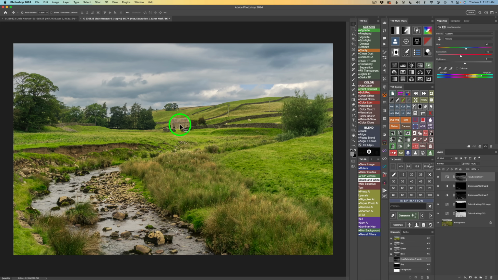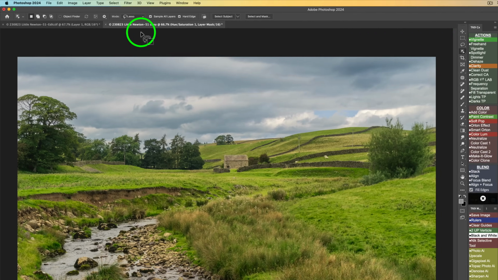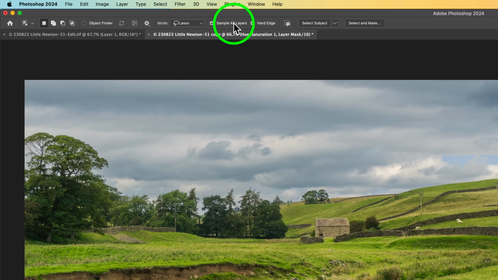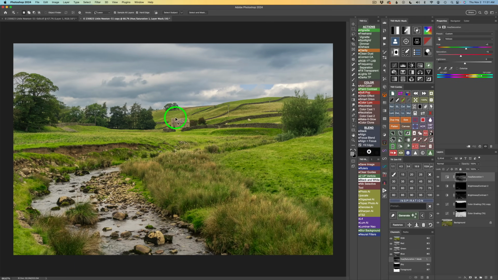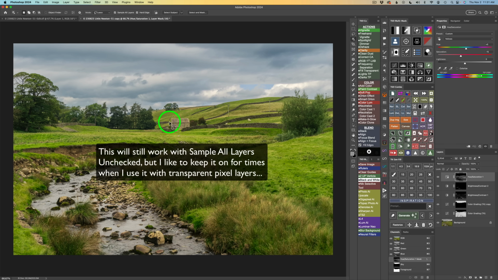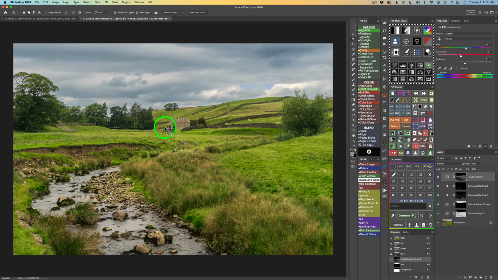All right, now I'm looking at this building back here and also these fences and this fence over here in this little area right here. I'm going to use an object selection tool. So click in your object selection tool and put it in the lasso mode. Make sure you have sample all layers on. I have hard edge. And basically what I want to do is just go around this building, select it like so. And then hold your shift key down and then just add these other fences,